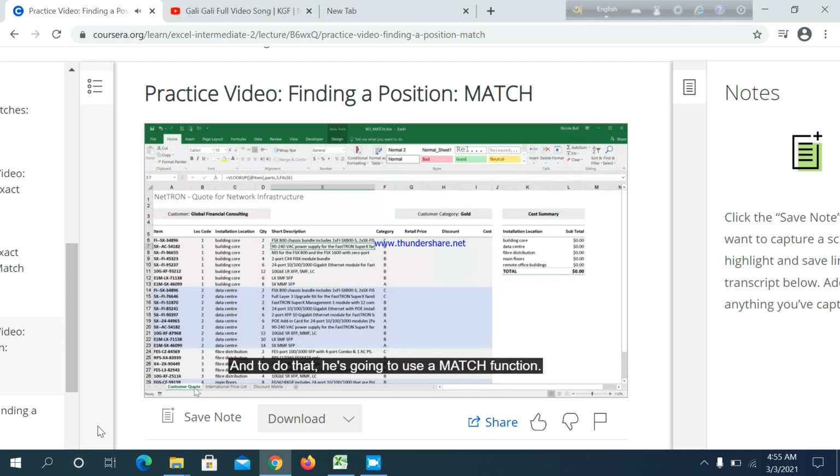And to do that, he's going to use a MATCH function. MATCH is a little bit like a miniature VLOOKUP. Given a particular value, it will go and look it up in either a row or a column. It's not worried about horizontal or vertical. When it finds the match, instead of returning a corresponding value, however, it will return the position within that column